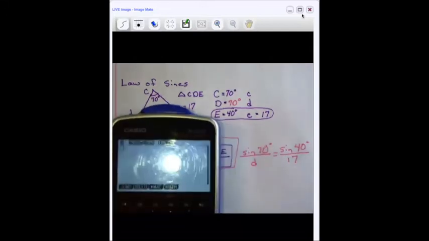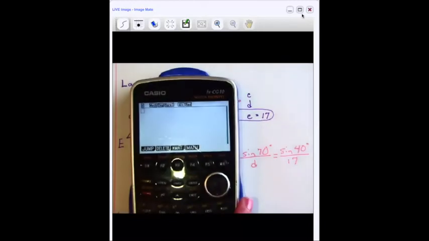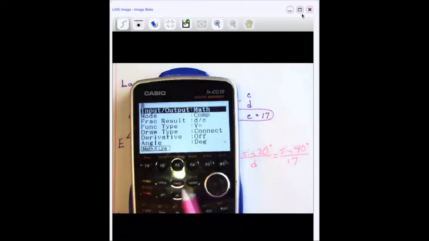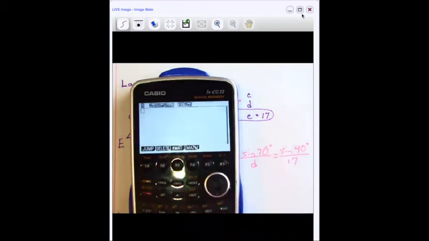So looking at your calculator, hopefully we don't have a glare, there we go. If you go to Shift and Menu, that takes us to the setup. Now all of the angles are given in degrees for this section, so make sure your angle setting is on degree, and since it is, then we're okay. So we're going to exit out of that, and we want the sine of 40 degrees